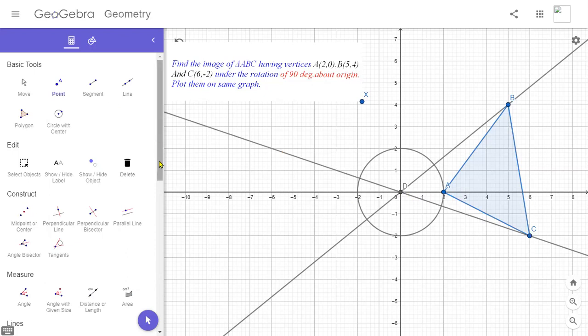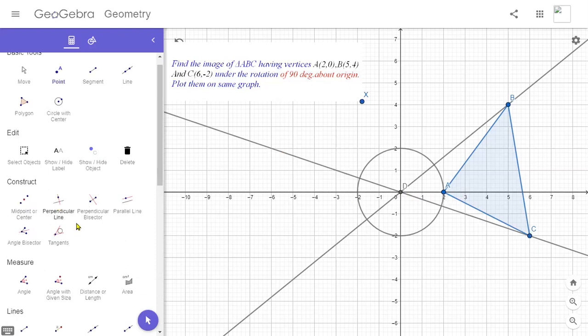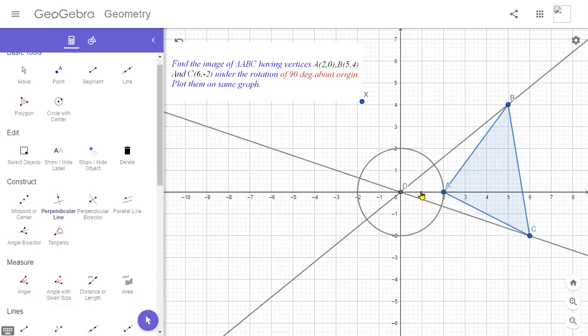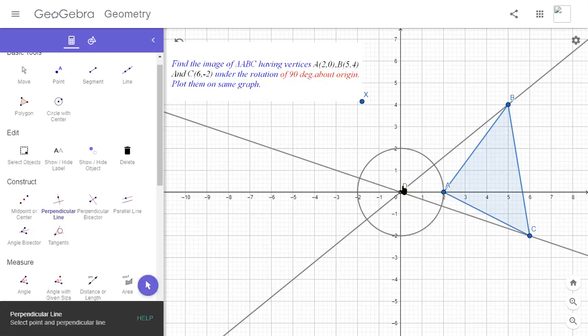Let me first make a perpendicular line, and here the angle is plus 90 degrees, so we have to move in counterclockwise direction, in this direction, not in clockwise direction. So making an angle of 90 degree with this line that passes through the vertex A in counterclockwise direction. Let me make just the 90 degree angle with this.